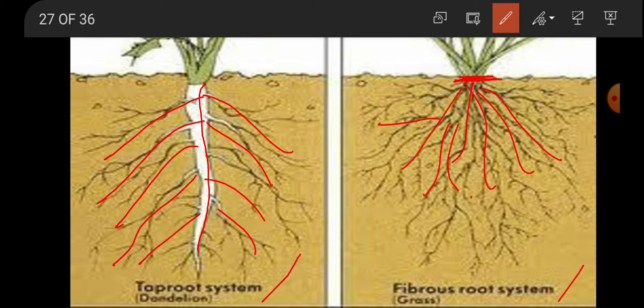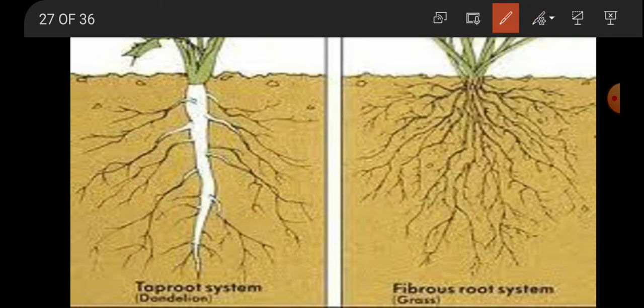So in the fibrous root system, you will not find any mother root, any main root. All the roots that are spread in the soil are arising out from a single point, that too from the bottom of the stem. Whereas in the taproot system, you will first find that from the bottom of the stem a main root will arise, and then the lateral roots and root hairs will arise from the main root. Now these particular root systems are even interconnected with your venation.